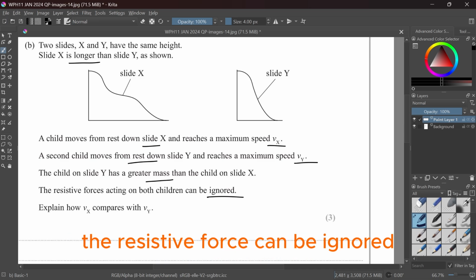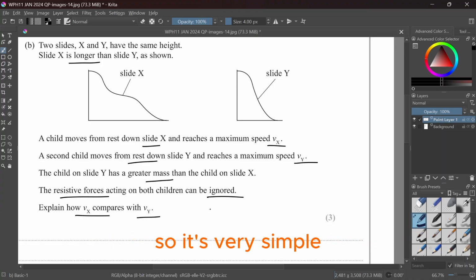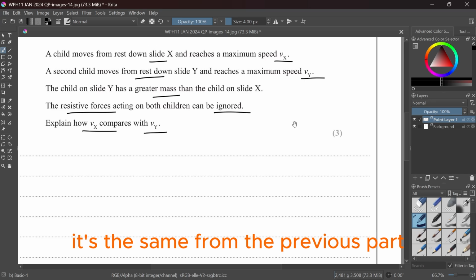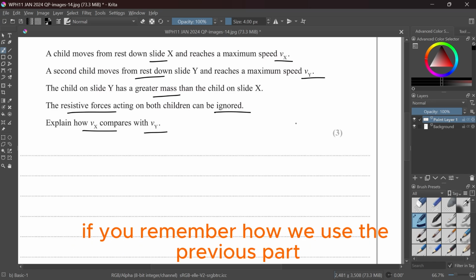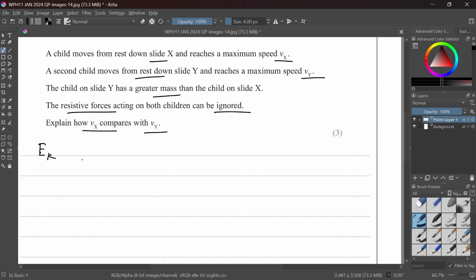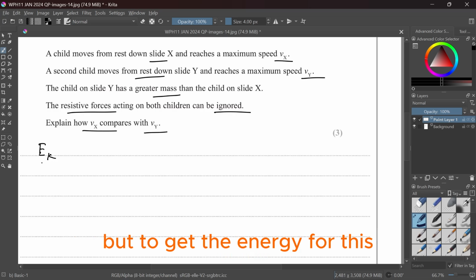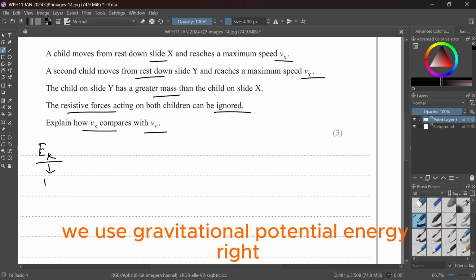The resistive force can be ignored. Explain the comparison between them. So it's very simple. It's the same as the previous part. If you remember how we used the previous part, we used kinetic energy, right? And we found our v from kinetic energy, but to get the energy for this, we used gravitational potential energy,